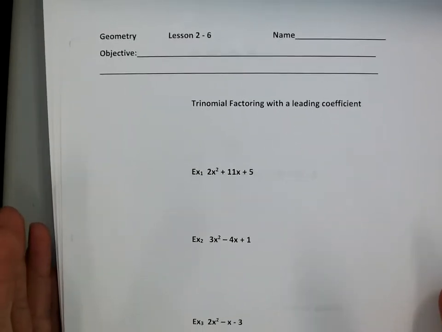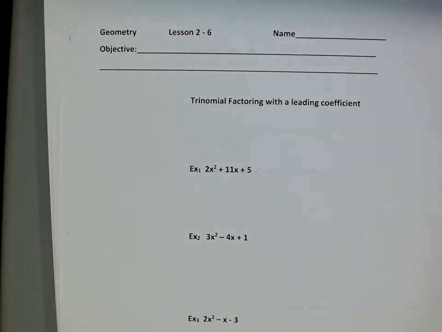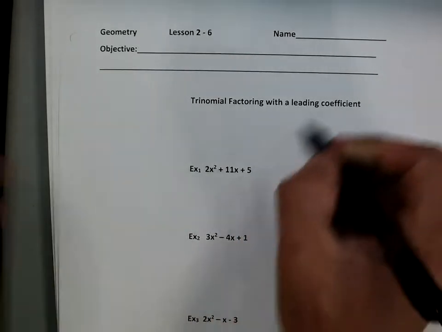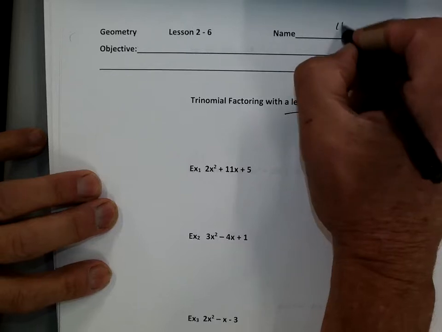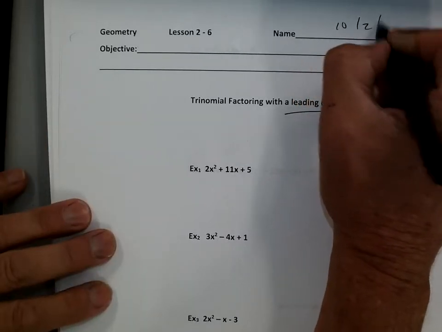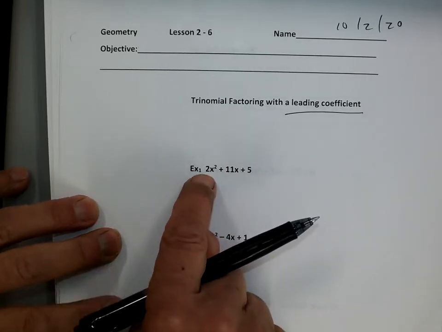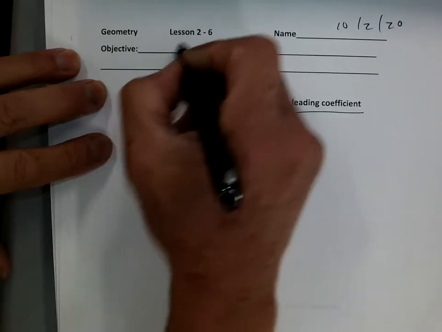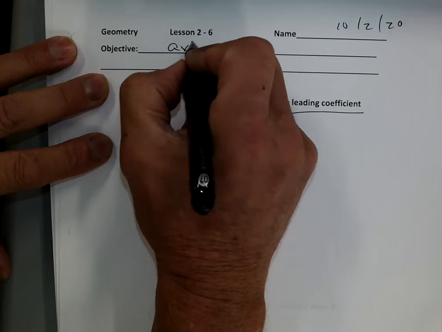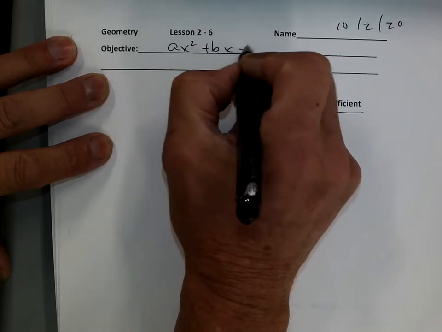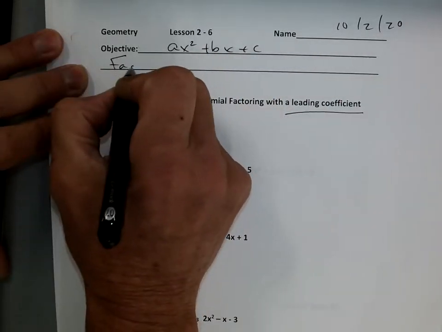Okay, you guys, so second day of factoring with the leading coefficient. And yesterday we talked about factoring these numbers with a leading coefficient. So when you're factoring a trinomial with ax squared plus bx plus c, and we are factoring